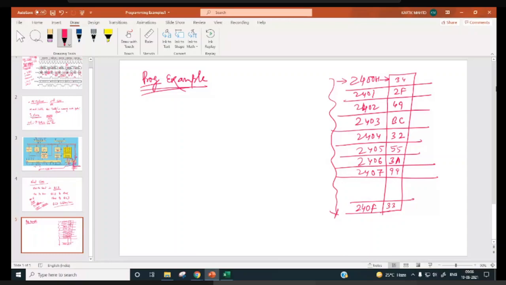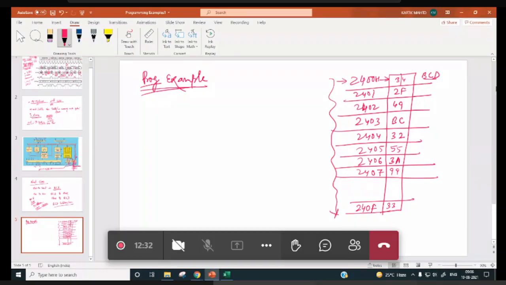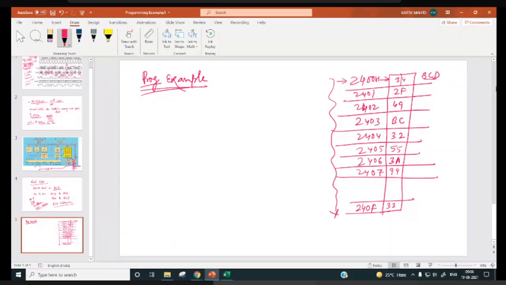Right. Now here what we see, 34 is a BCD number, binary coded decimal number, because each digit is less than or equal to 9. Now this 2F is not BCD, right?